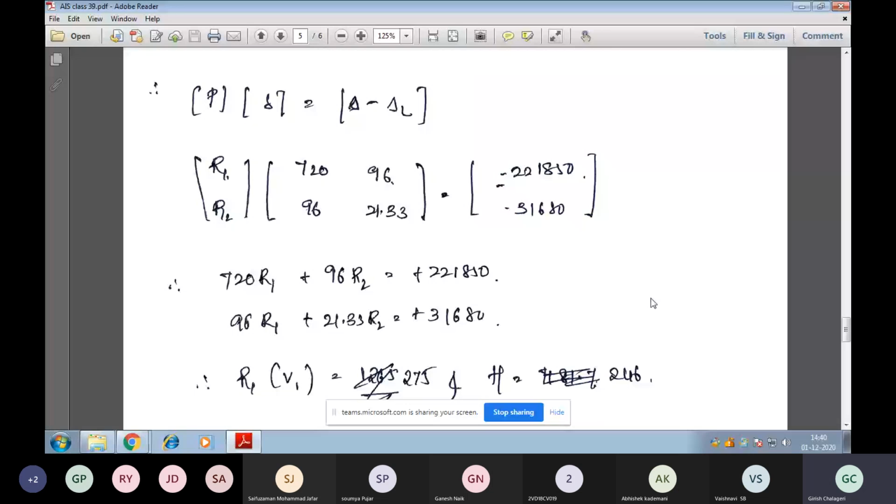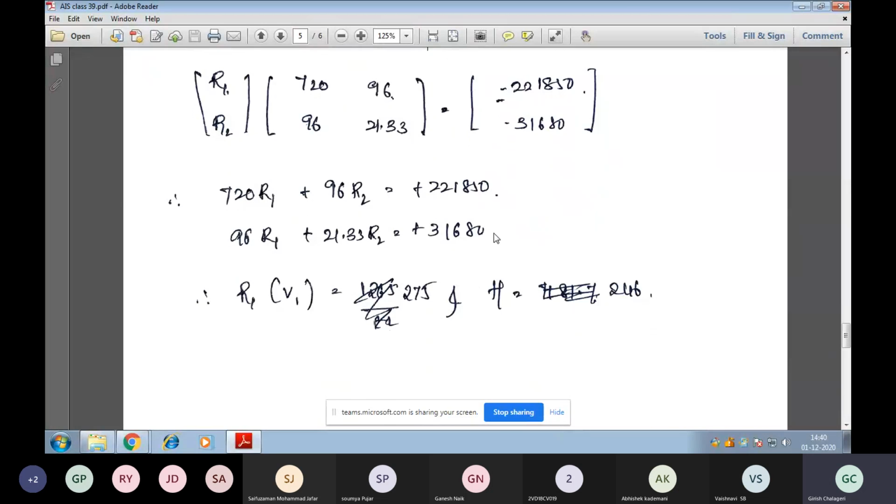Substituting this value, we can see 720 into R1, 96 into R2, minus into minus plus 221850. Similarly, 96 R1, 21.33 R2 is equal to minus into minus plus 31680. Using your calculators, calculating all this, the value for R1 and R2 we get is, the vertical force we get